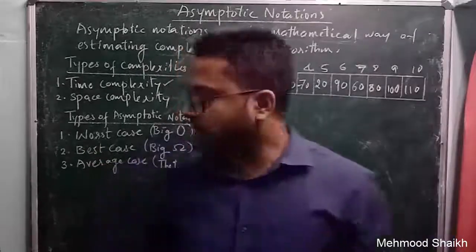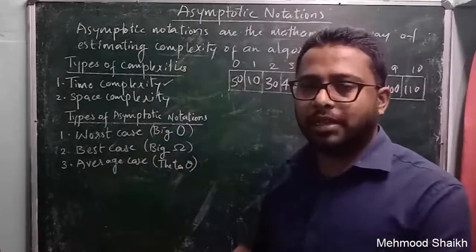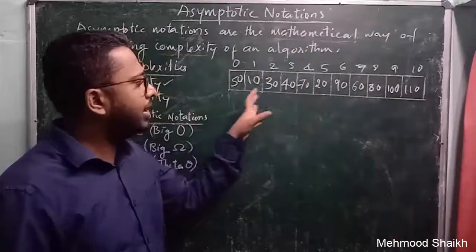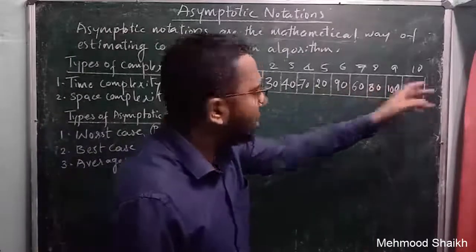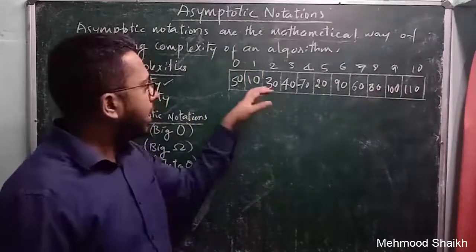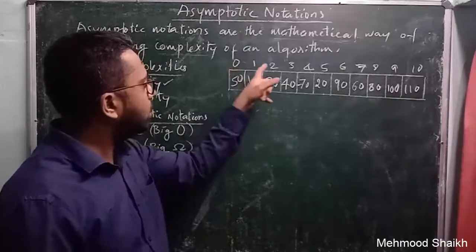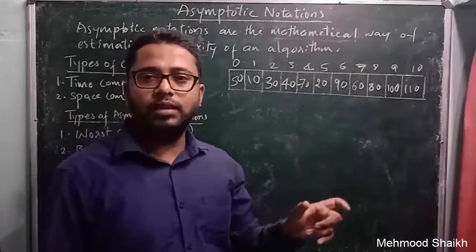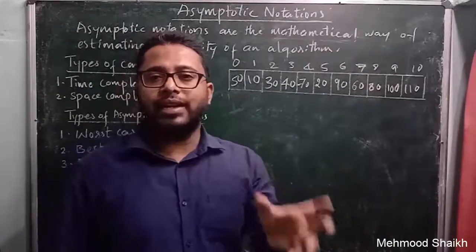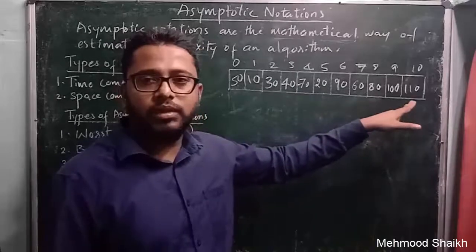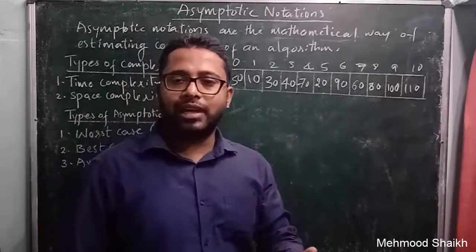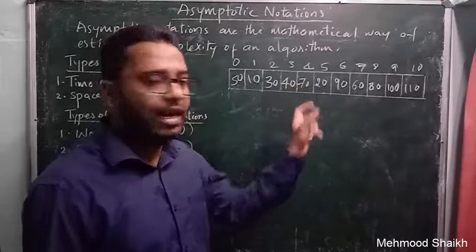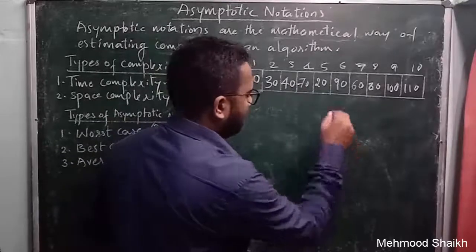So now we will try to further understand this worst case, best case and average case with the help of this example. So here I have created an array of 11 elements. Okay, and array indexes start from 0 and keep on increasing. So now I have written an algorithm, and the work of that algorithm is to find an element from this array of 11 elements. And when I execute that algorithm, I want to search for one element out of this array, and that element is 50.